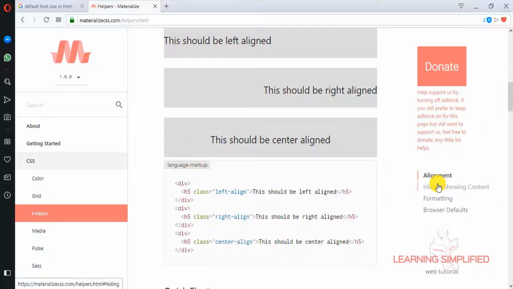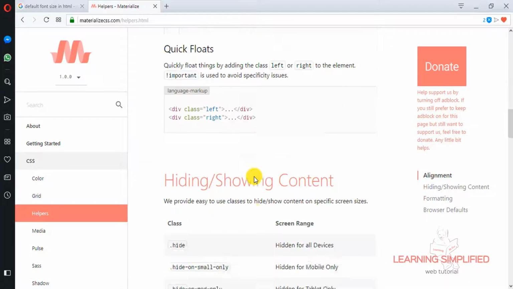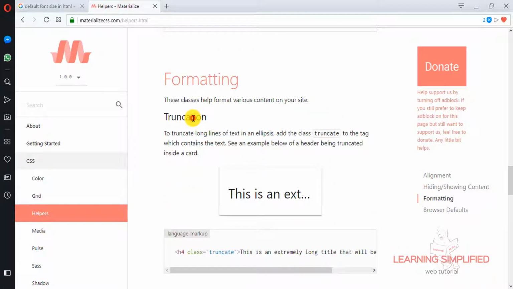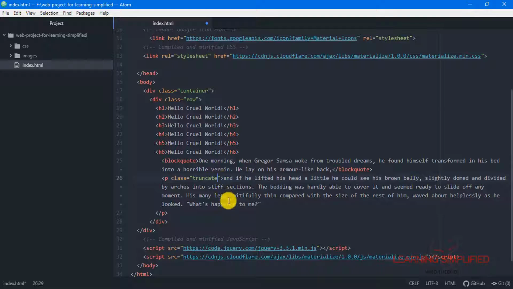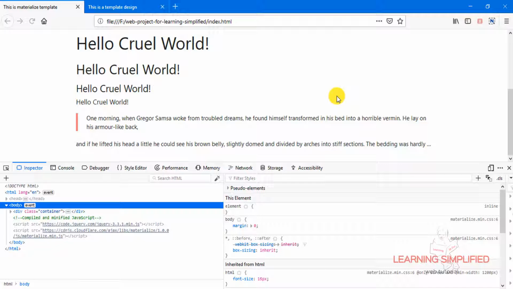Now here in the helper part of this CSS component, we will see that this is the truncation. So all we need to do is check this over here, this h4 class truncate. So if we get back, we say that we have used a paragraph with a class name of truncate right over here. Press Ctrl S, get back to your project and reload, and you can see that